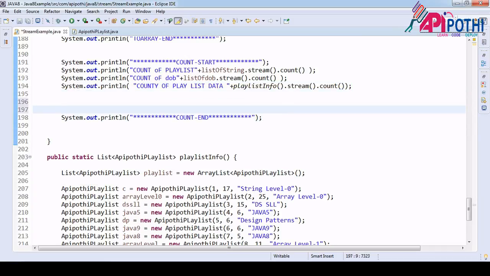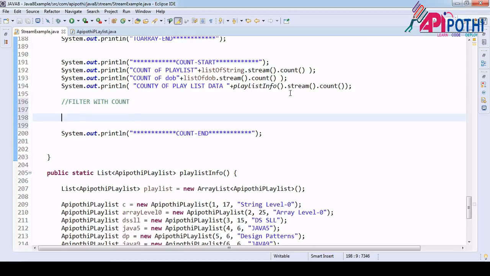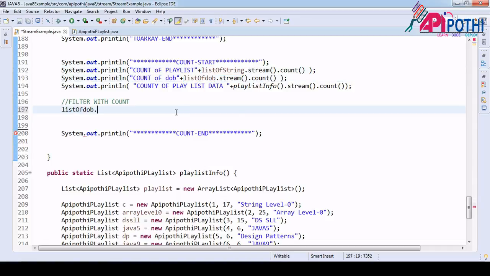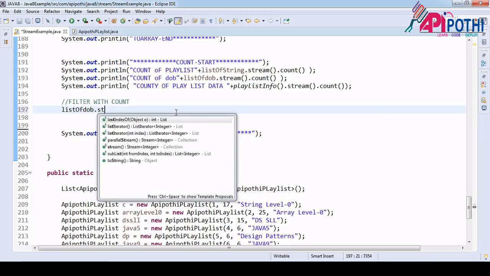But you have one more condition, that is filter with count. You can do something like that also. What you can do is that you have the list of date of birth. Let me check this one. List of date of birth dot stream.